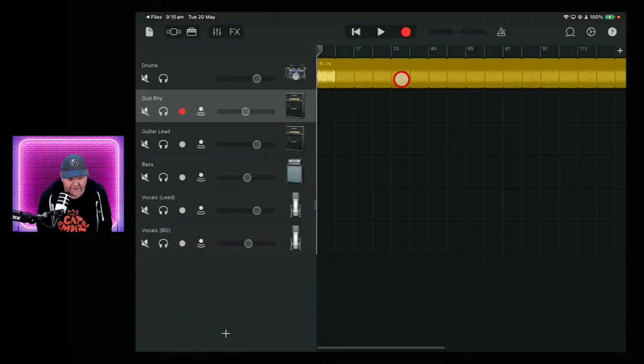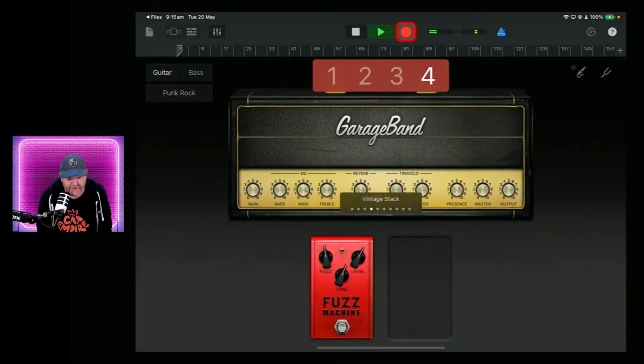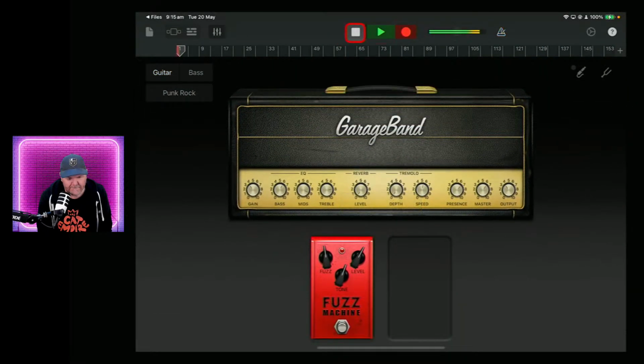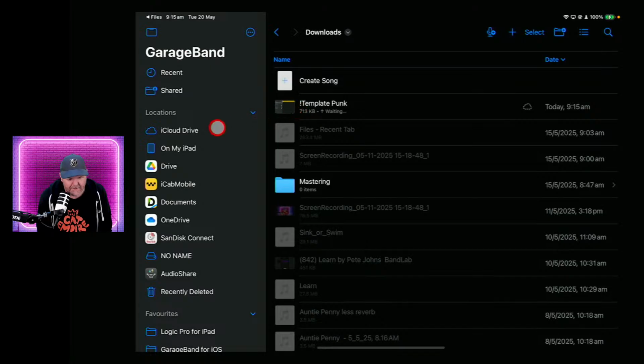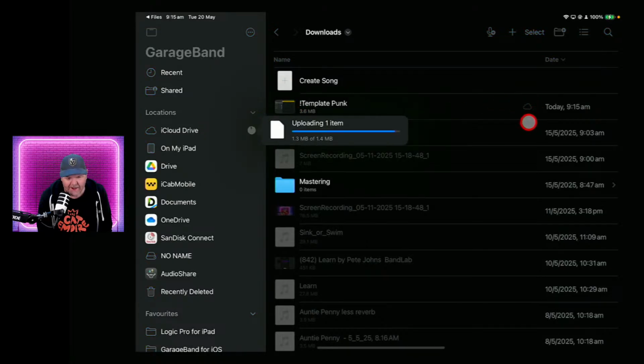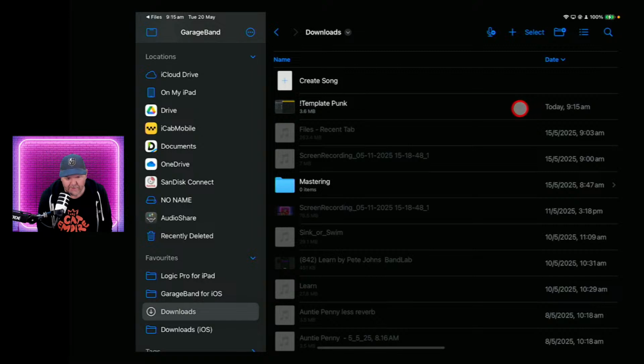So let's just record something in here. Record a bit of nothing, just to give it something to change here. And we jump out of that one. You'll see how I got the little thing there? And see how it has that cloud icon there? The cloud, you saw it briefly. The cloud that's just a dotted cloud, that means that the file has been updated on device and it now has to upload that back to the cloud.